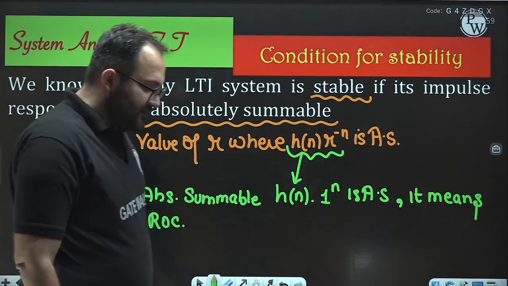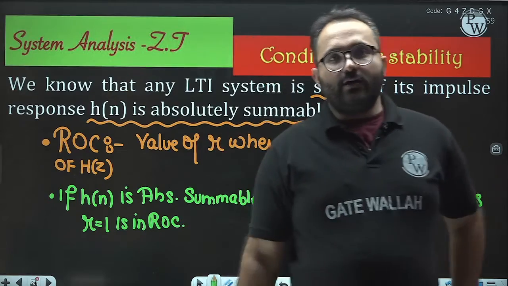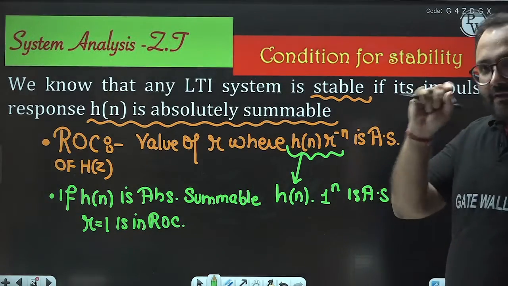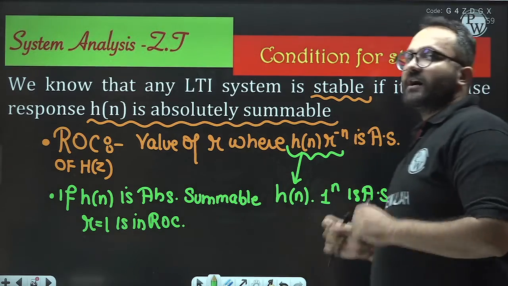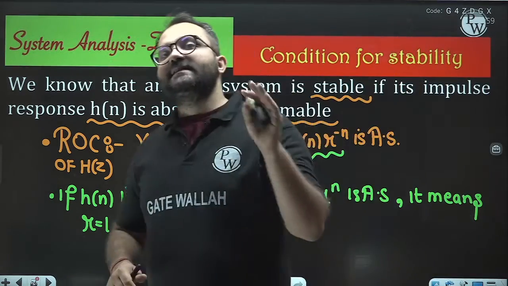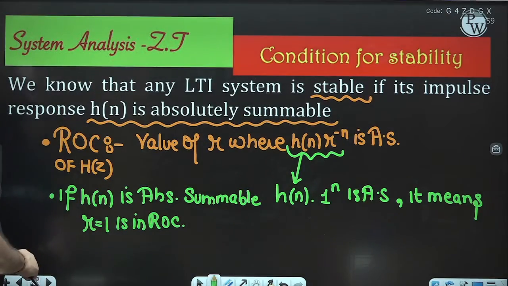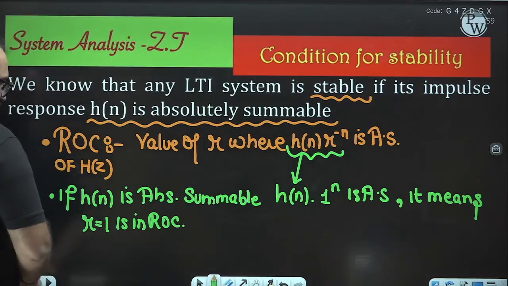Okay, it means that R equal to 1 is in the ROC. So if R equal to 1 is in the ROC of H(z), then h(n) is absolutely summable and thus the system is stable. So we can say that